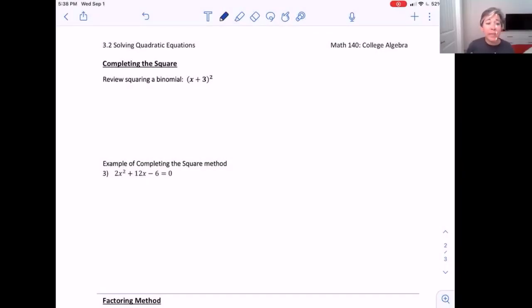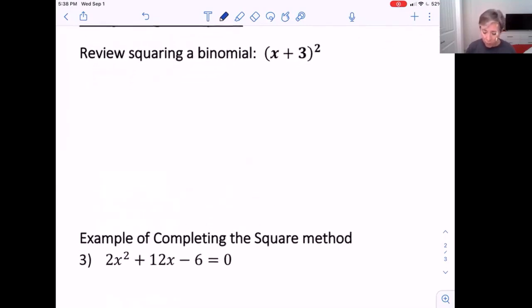Now let's review completing the square. But first, let's focus on what it means to square a binomial. So if we had x plus 3 quantity squared, and we were to expand it, x plus 3 times x plus 3,